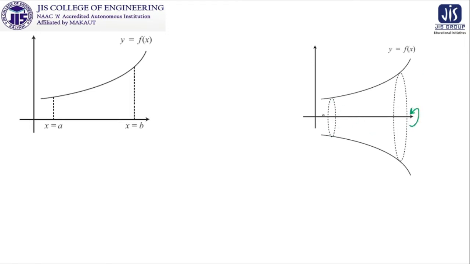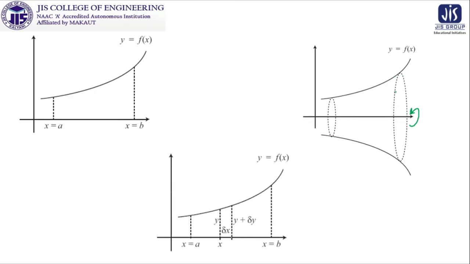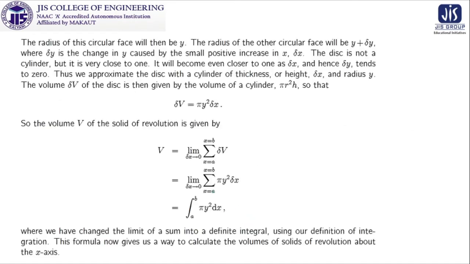So there is a circle generated, there is a dotted circle generated, and when we are trying to find the area, this is our del x, and for this if you drop a perpendicular over here, this is your y, and for this del x increment, the increment is here del y. So if this del x tends to 0, then this del y also tends to 0. Clear? So how to calculate the thing?